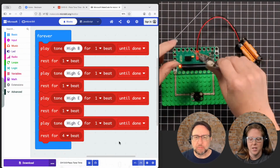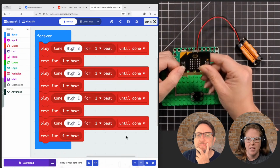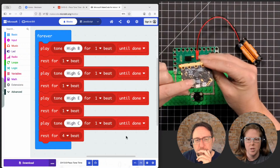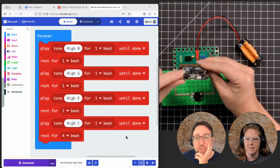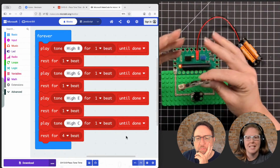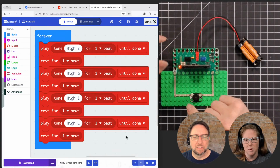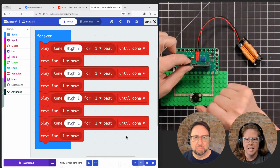Yeah, very cool. Quick side note, we learned something new in our Pathfinder session recently, that we have this black reset button on the back, right? And when you press it, it resets it and starts over. However, you can also hold it down for 5 seconds, and it will stop whatever program is running until you press it again or plug it back in. So if I just press the reset, it's going to start back over. But if I hold it down,